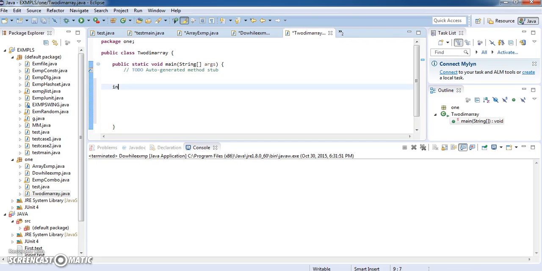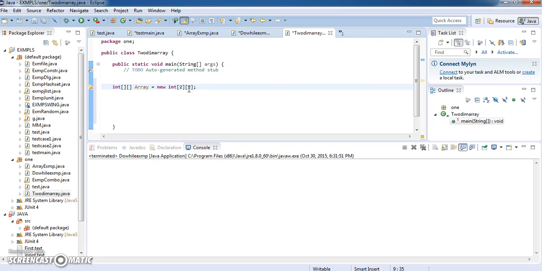Now the syntax for defining a two-dimensional integer array is the data type followed by two subscripts and the array name, which is equal to new int of, say for example, 2, 2. That means the array I am going to use is a 2 by 2 matrix, so it will have 2 rows and 2 columns.